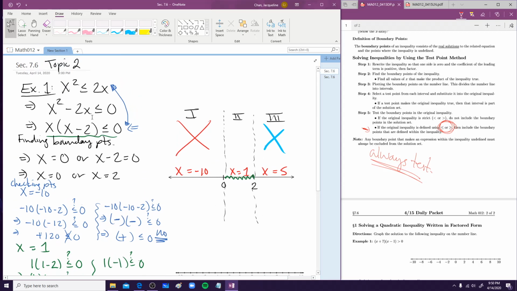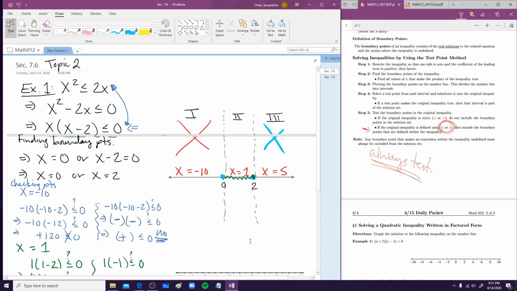So one thing I do want to note is that because this is a polynomial, the domain is all real numbers. So it's from negative infinity to infinity. There are no breaks in it, there's no restriction to the domain. So we could just color in the boundary points and call it good. But I do want to make the good habit